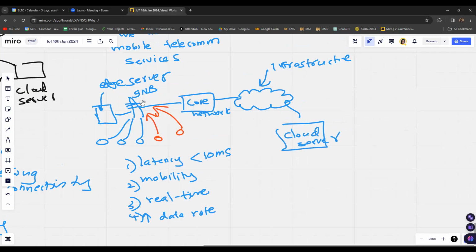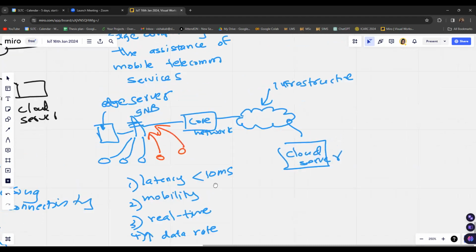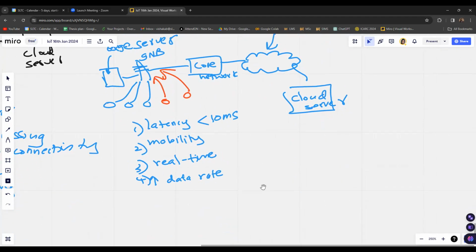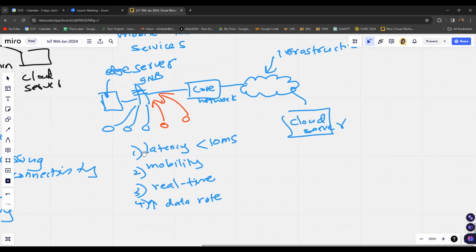Also, we have mobile telecommunication services that are enabled in this multi-access edge computing scenario. Since cellular communications always have a high data rate compared with other communications, in the range of megabits per second and gigabits per second, the communication can be done in a very successful manner with the users.